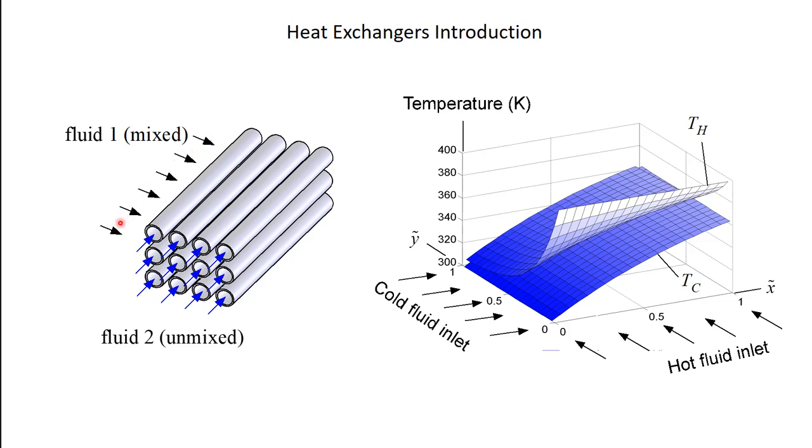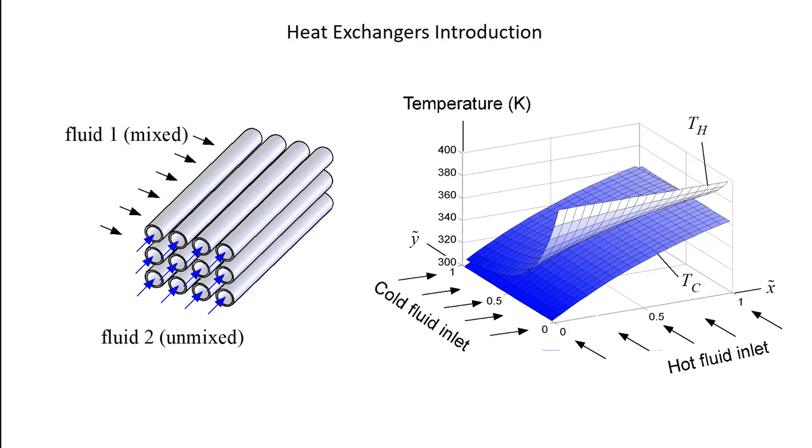That's mixed. And if that's the case, then it's unlikely that you're going to develop a temperature gradient from one side to the other, because mixing is going to prevent that from happening, right? So this fluid here, let's say this is the hot fluid, it interacts with the cold fluid, and again, the flow over here is going to interact with the coldest of the cold fluid, and then the hot fluid over here is going to interact with the hottest of the hot fluid. But if I have mixing, then never am I allowed to have a temperature gradient in this direction perpendicular to